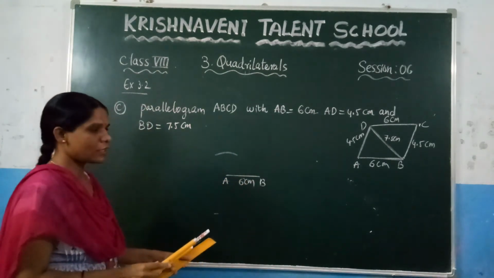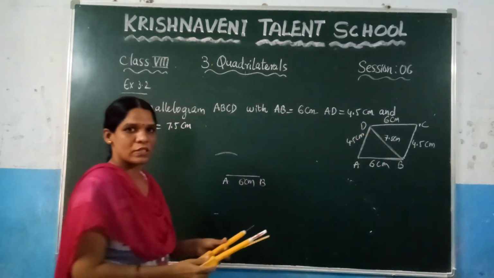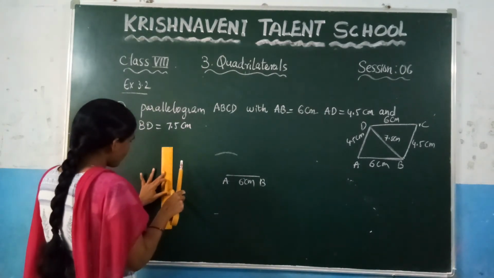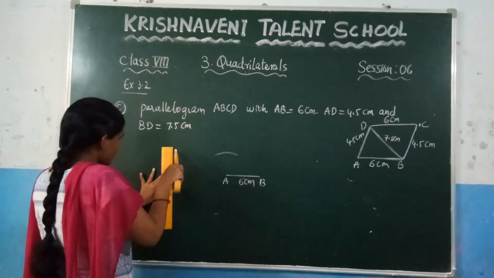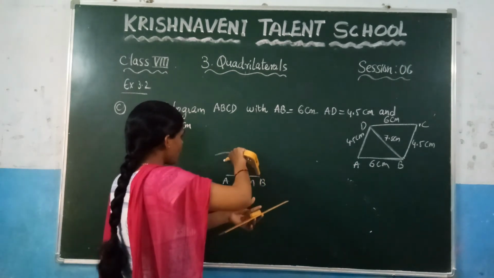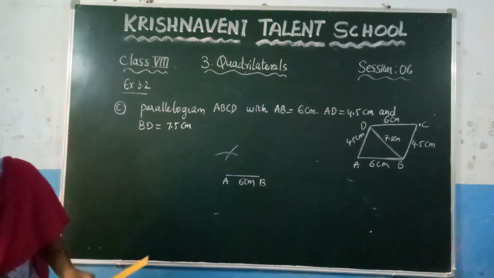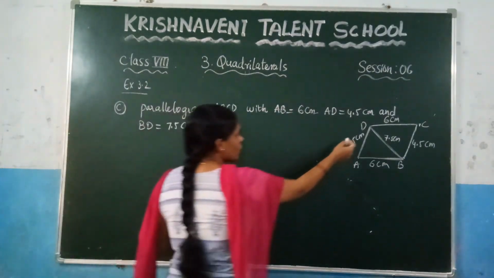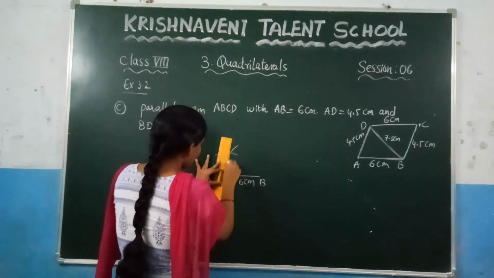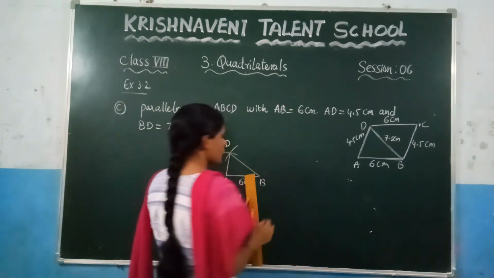Since we need to construct the triangle first, we need to take this length. What is the length of the given BD, which is 7.5? So with the help of the compass, take 7.5 centimeters as the radius. Now at point B, make an arc of 7.5 because they have given the diagonal. So here we get one intersection point, and based on the rough sketch you will know that intersection point is D. So write D here, and join A and D, and after that B and D. Clearly, we have constructed the triangle.